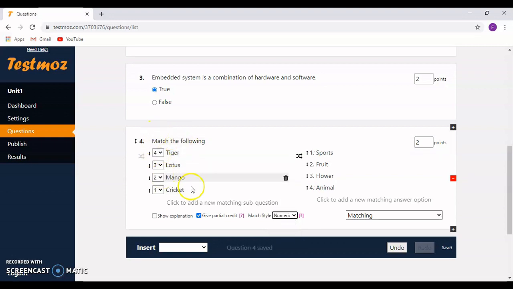I click on the drop down icon here. Fill in the blank.